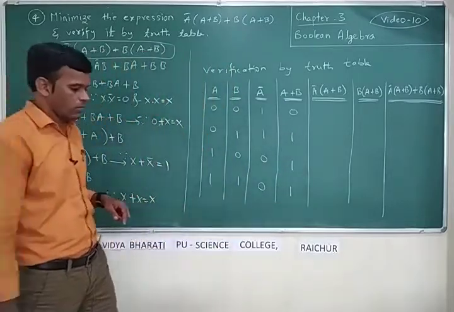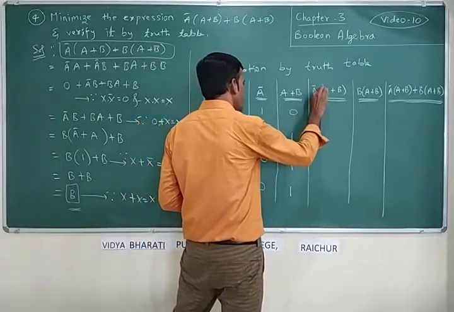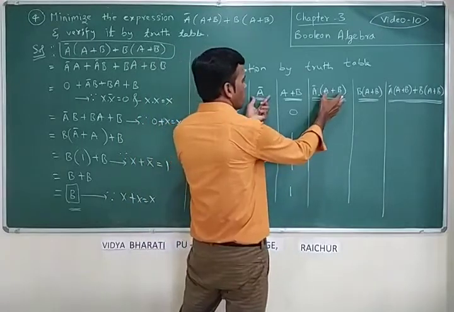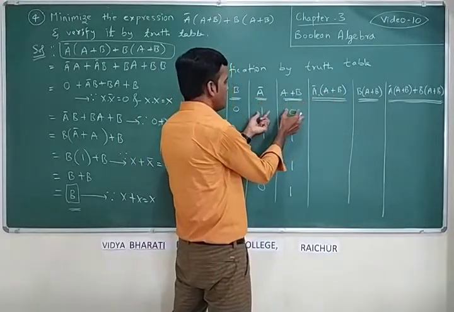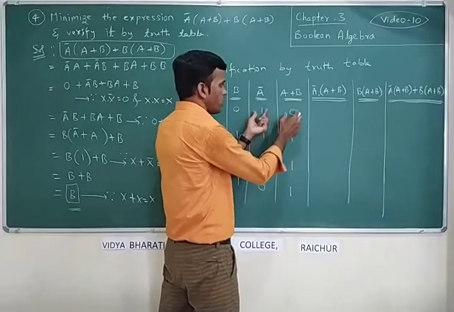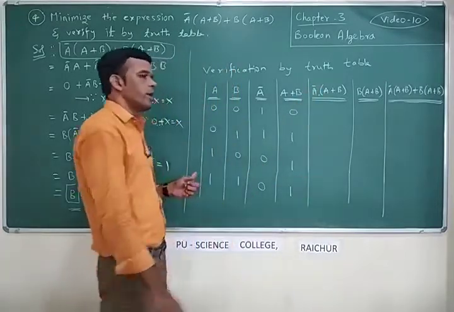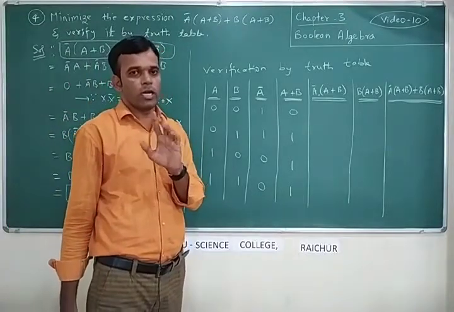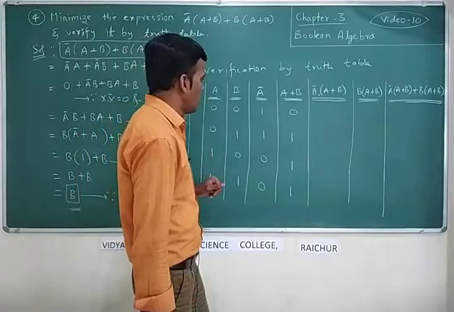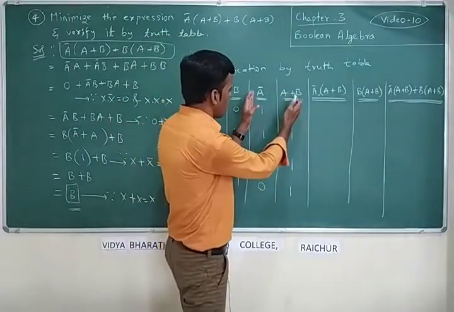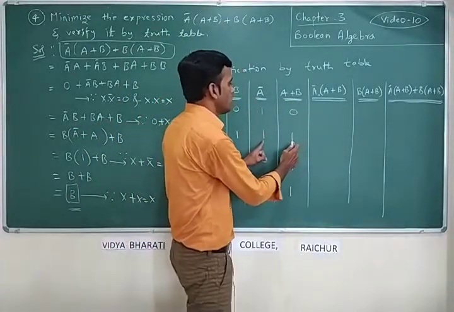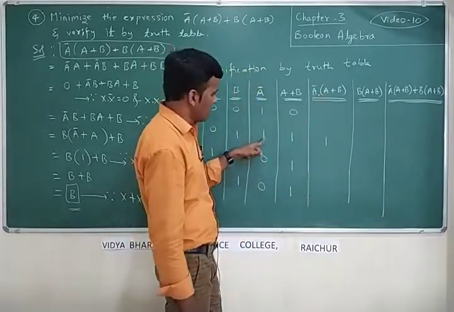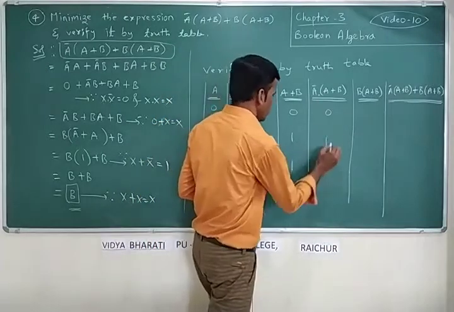So then the next column we are having AND operation. AND operation between a complement, this one, and this part a plus b. Okay, so between these 2 values we have to apply the AND operation. So AND operation says answer is 1 only when all are 1. Okay, so here all means 2. Okay, 2 columns we are referring. So here both are 1, then only the answer of this a bar of a plus b is 1. So in the remaining cases it is 0.